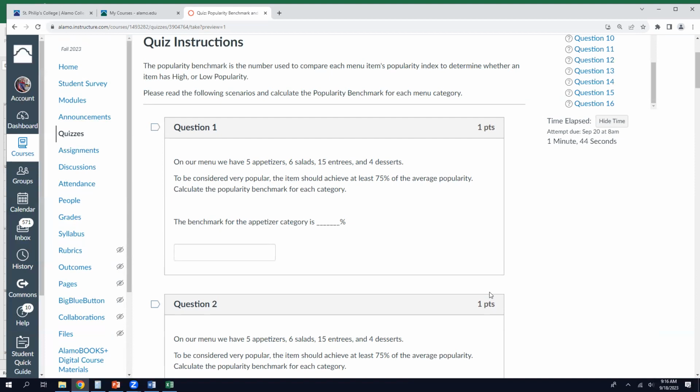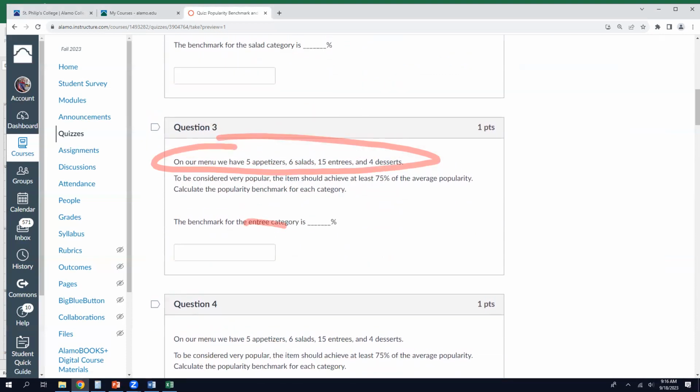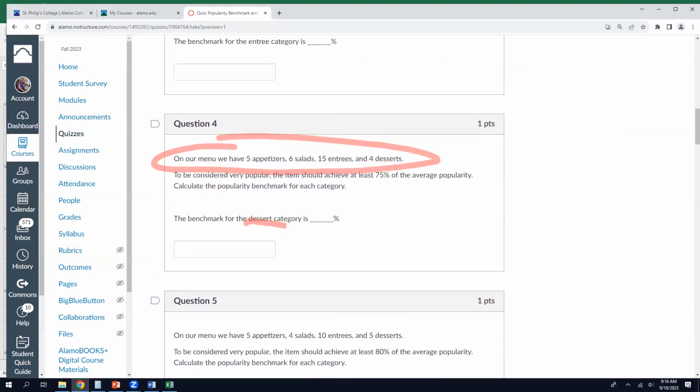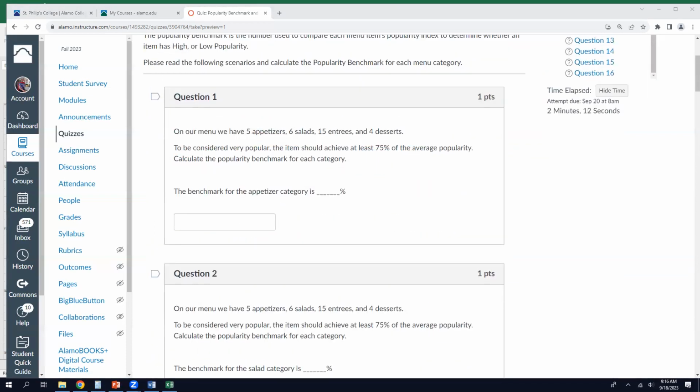So for example, if you notice, 5 appetizers, 6 salads, 15 entrees, 4 desserts. This one is asking for the appetizer only. If you go to question number 2, it's asking for the salad only. But the numbers stay the same for the entree category and dessert category. The reason why I did that is because this 75% is going to be the same for all 4 of those. Okay. So remember, to find our benchmark,